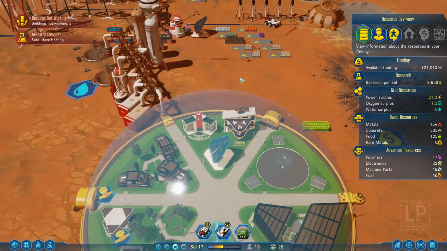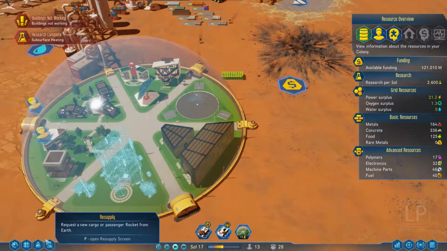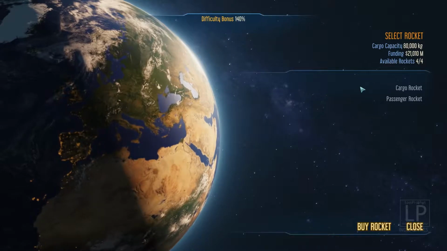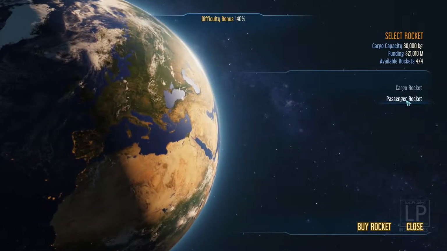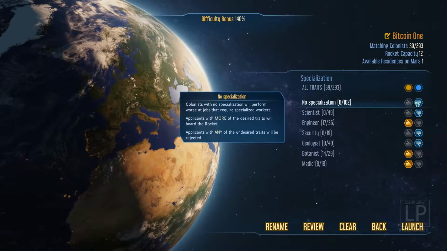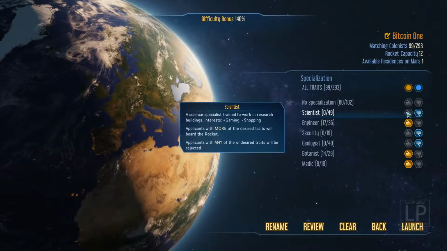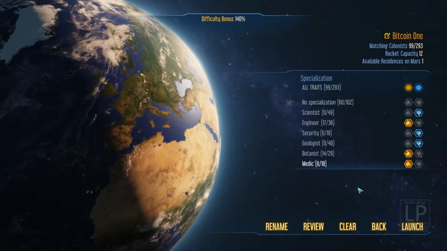There we go. Drones coming to life. Gonna build me an apartment building, and while we're doing that, we are gonna send for another cargo rocket. And we want this one to be a passenger rocket, actually. Now, here we're gonna cut the specialization limitations. We are gonna allow other people onto this rocket, but we are gonna